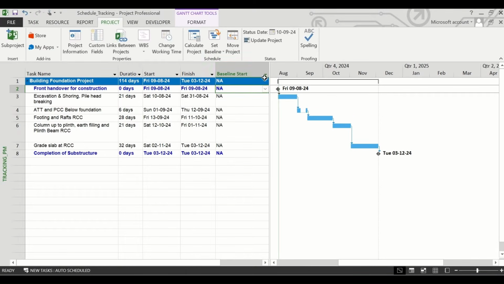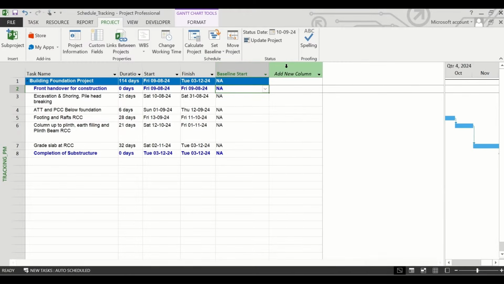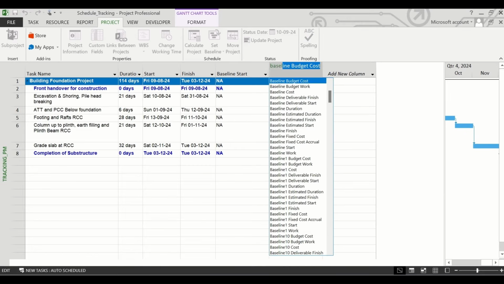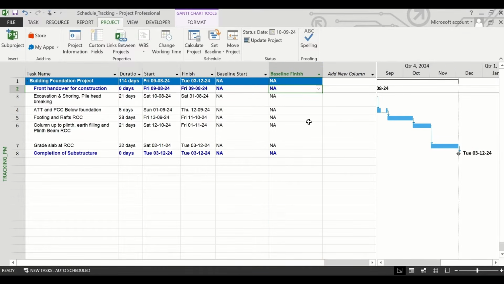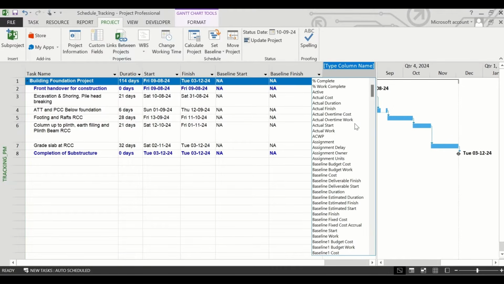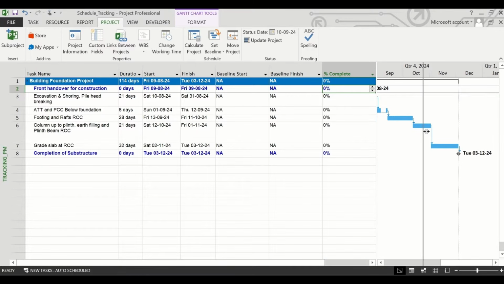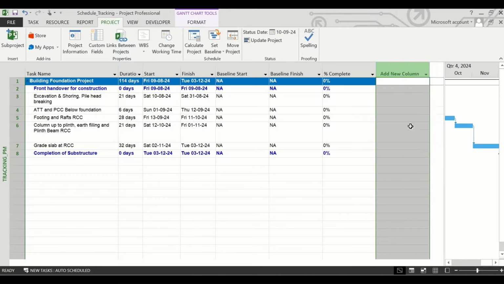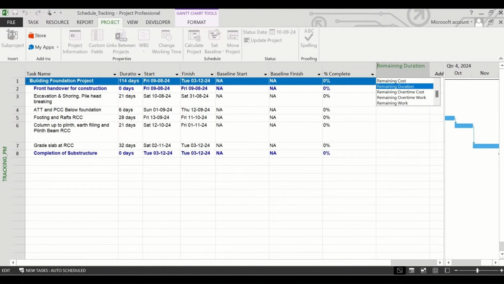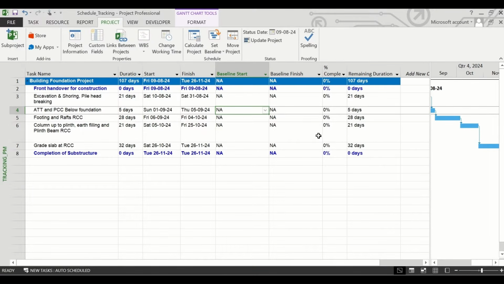baseline start, baseline finish, percentage complete and remaining duration. Now you can observe one thing, that there is no data in the baseline start and baseline